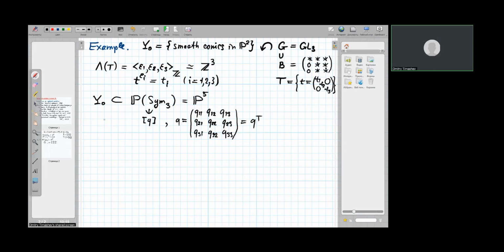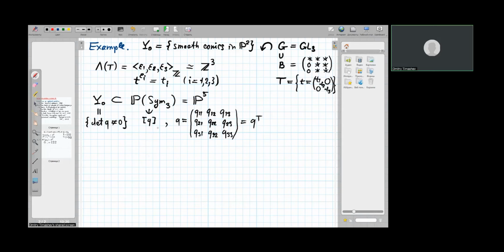The subset of smooth conics is given in this projective space by the non-degeneracy condition, so by the inequality that the determinant of this matrix Q is non-zero. Now let's consider